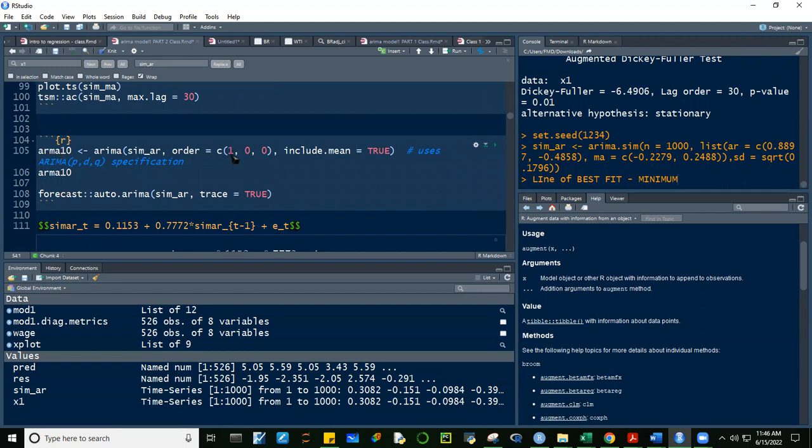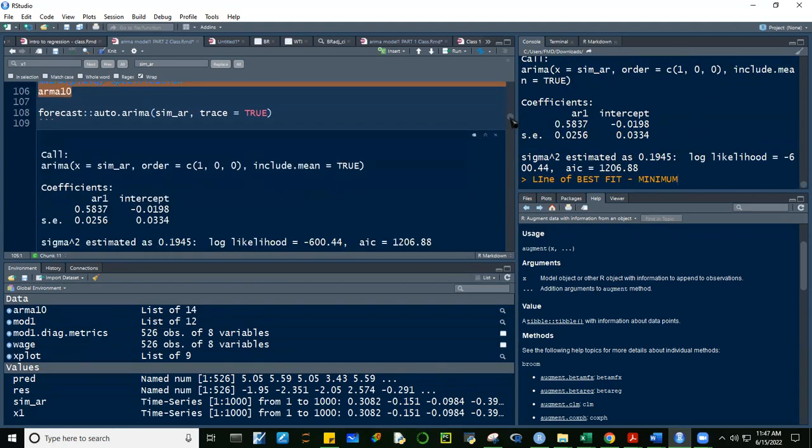So this is it, no? Its order is 1,0,0. Remember, this is PDQ, no? P stands for the lag of the AR process. D is the difference. Q is the lag of the MA process. And then we can include the intercept or not, no? So, if I run this,